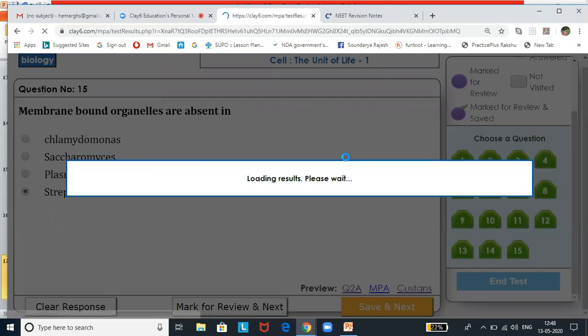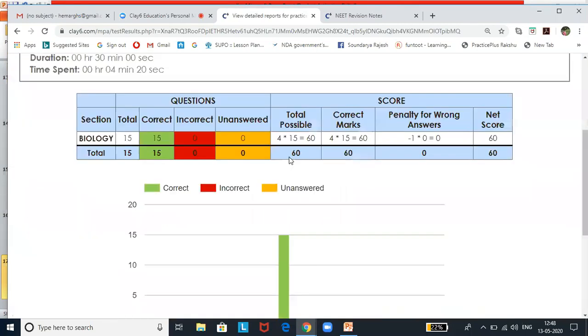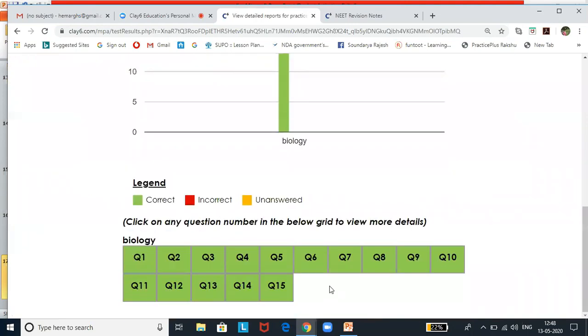So all the things are correct. If anything is wrong, it will show me in the red, which is wrong. And here, if you look at the legend, you will come to know this. This legend will help you to identify if it is incorrect. You go and click there, you will get the answer. Your answer will be marked in red, so you know the answer, and explanation will also be shown why that is the correct answer.